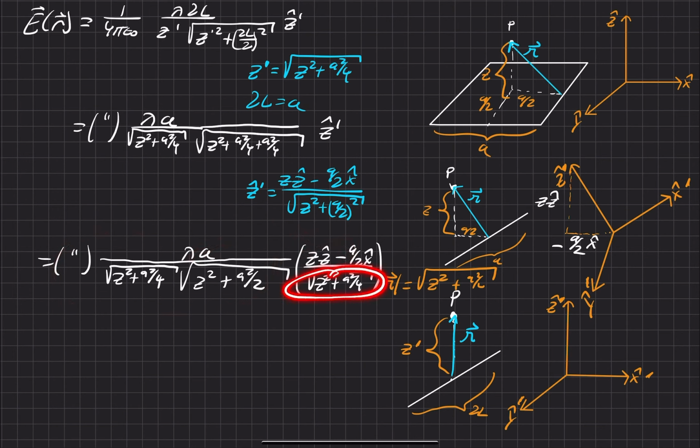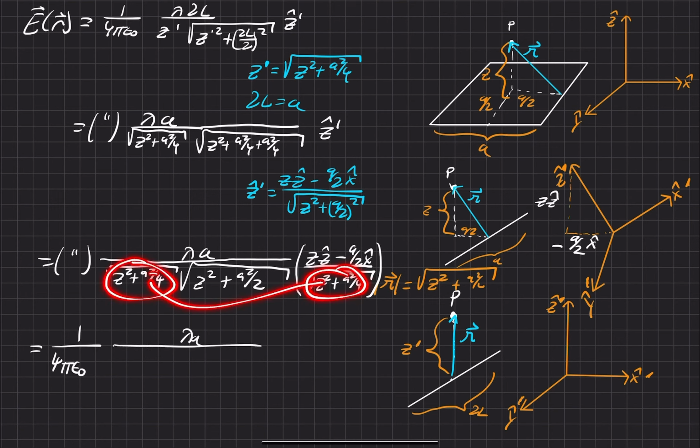But first of all, this is going to be the same as this. So I'll just go ahead and write that down in the next section here. 1 over 4 pi epsilon naught lambda a. And since this is the same as this one, that square root disappears, and all that's left is a quantity of z squared plus a squared over 4. This doesn't really change anything. We haven't gotten really anything new in terms of this stuff. So this is the square root of z squared over a squared over 2 over here. And now finally, each one of these is going to be multiplied by a z hat and a negative x